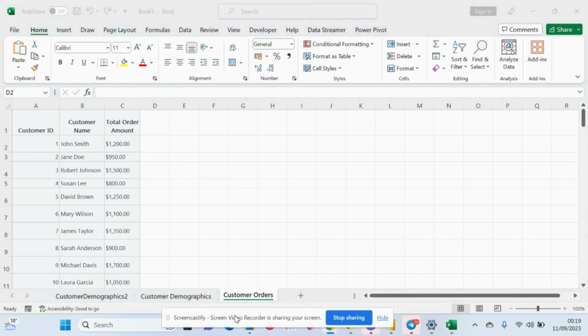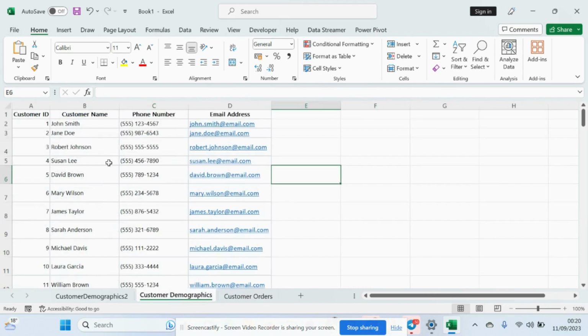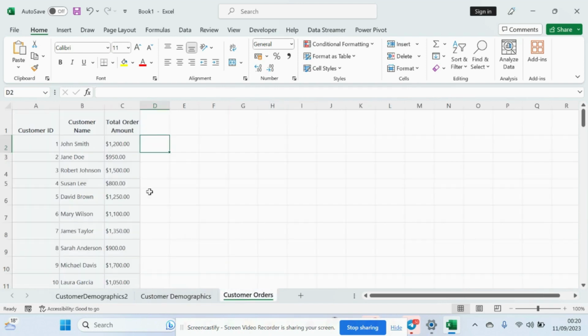So in the first demonstration, I'll be showing how we can use VLOOKUP to retrieve data from another Excel sheet. The first thing I like to do, I have two data sets. The first one is the customer order data set, and then I have this customer demographics data set as well. The customer order data set contains a list of customers who have made orders over